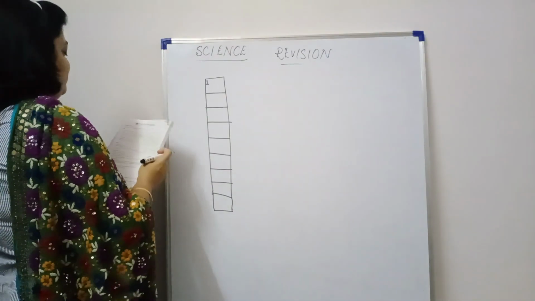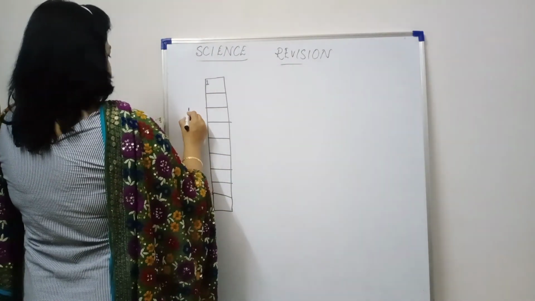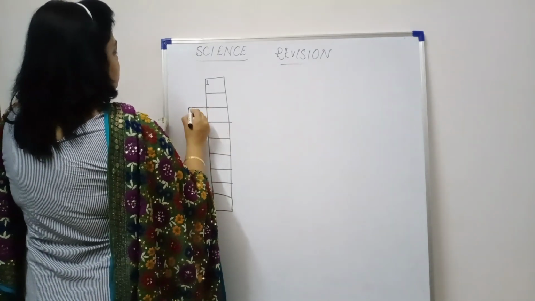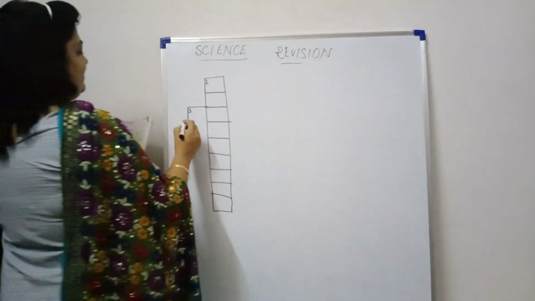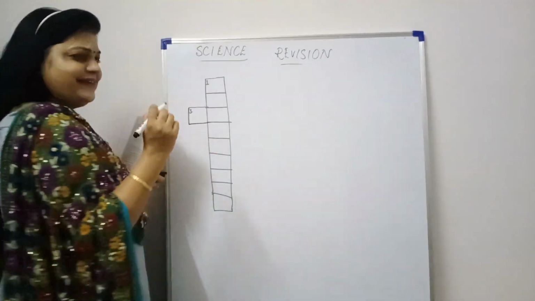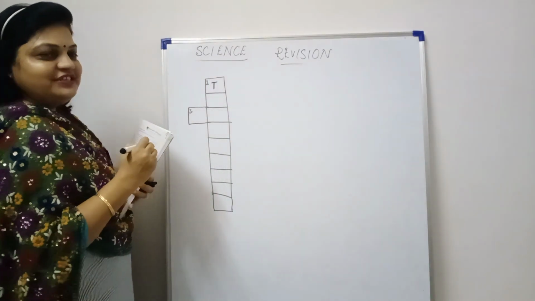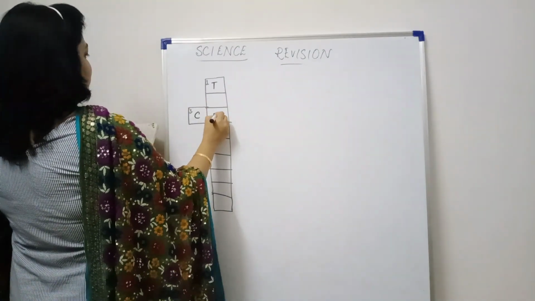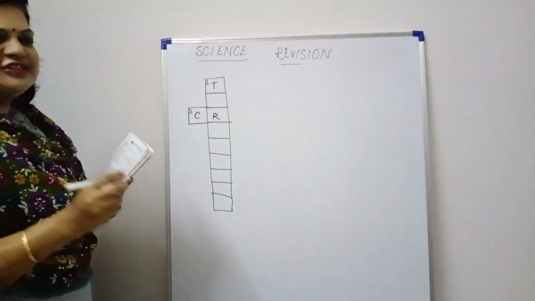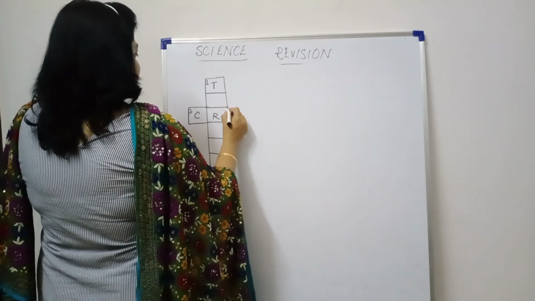Then here we have answer for third one, third clue. Okay. Then some letters are also given to make it more simpler. So here we have T written. Here we have C and R written. Okay, just looking at the letters only you must have got the answer, I'm sure. So it will be